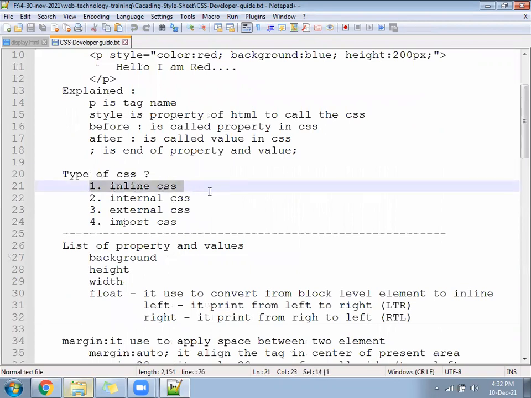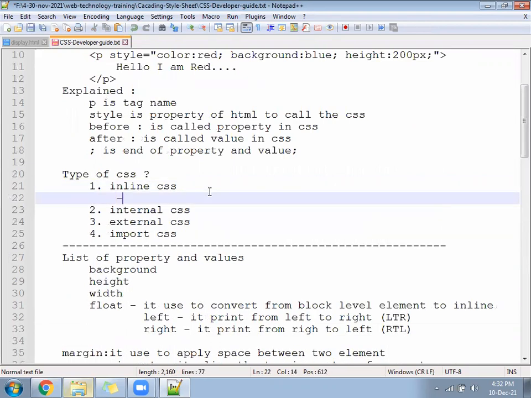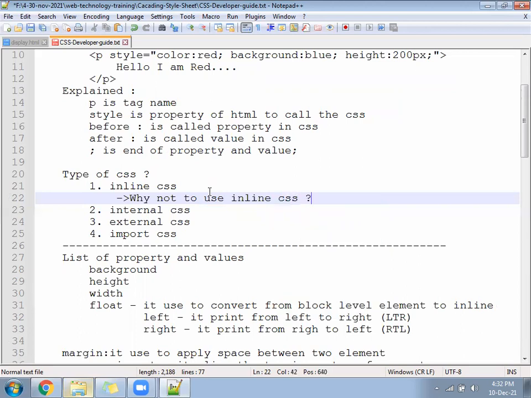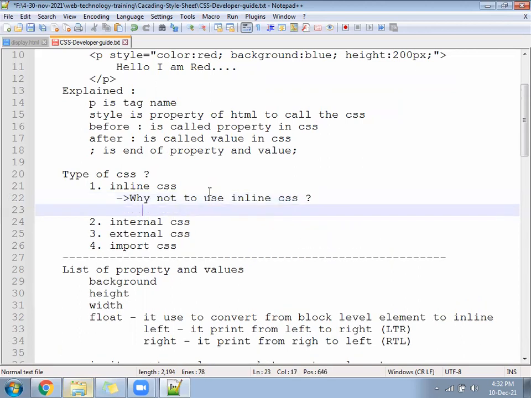Here only we can make a note. Why not to use inline CSS?